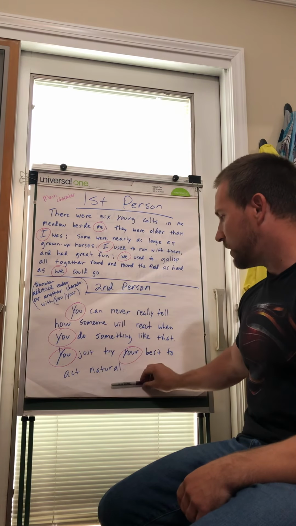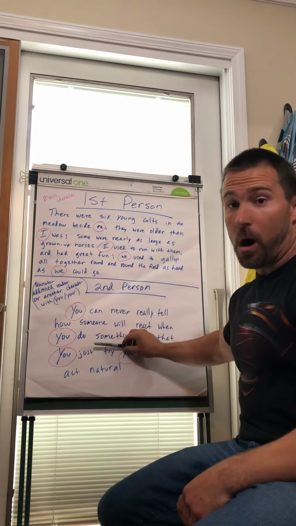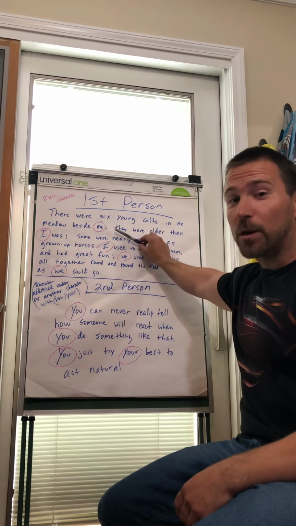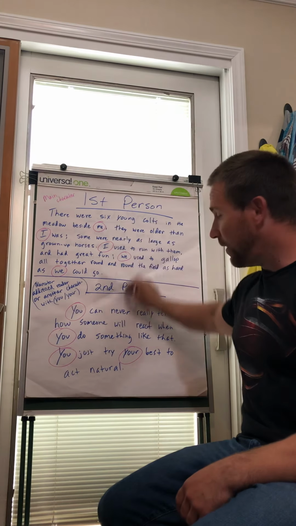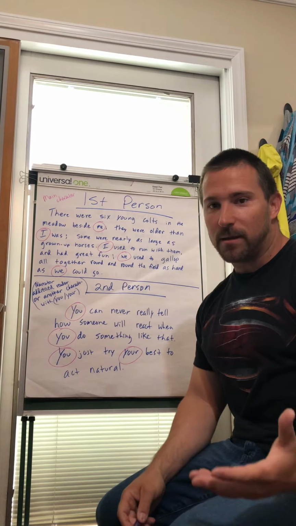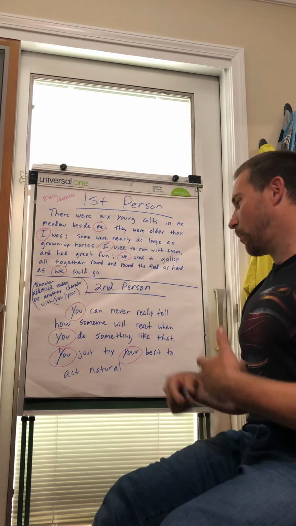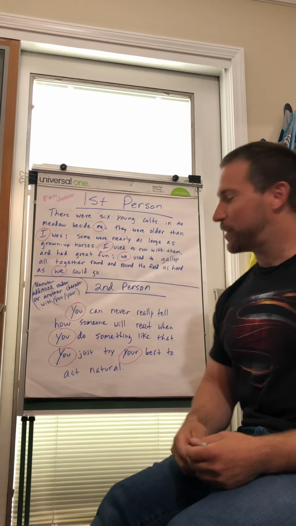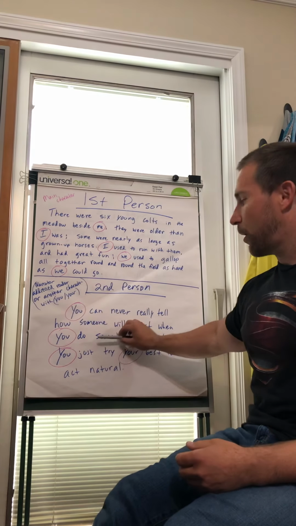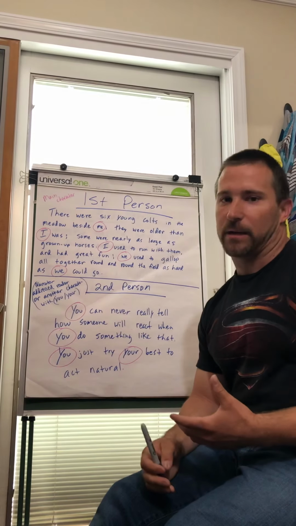So I think if we added to this, the narrator might go on to first person point of view within the same passage to describe something that happened to them. Maybe that something happened to them that was embarrassing. Maybe they were walking down the hall at school and they tripped. So they tell us this second person point of view about, you can never really tell how someone's going to act, or, when something happens, you just try your best to act natural.